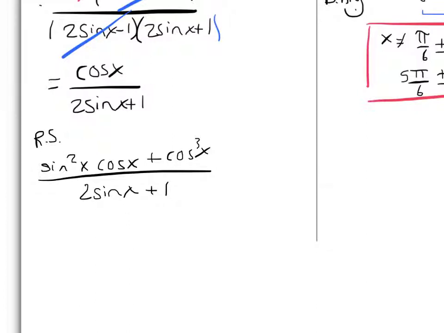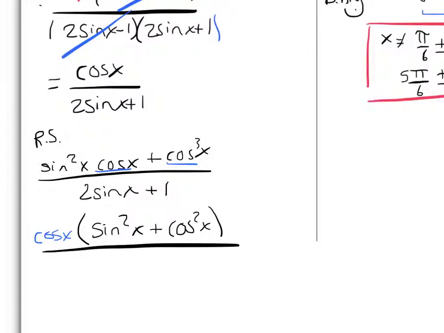If I look at this again, I see that both terms in the numerator have a cos, so I'm going to factor that out. So cos x, and that leaves me with sine squared x plus cos squared x, all over 2 sine x plus 1. Well, according to the Pythagorean identity,